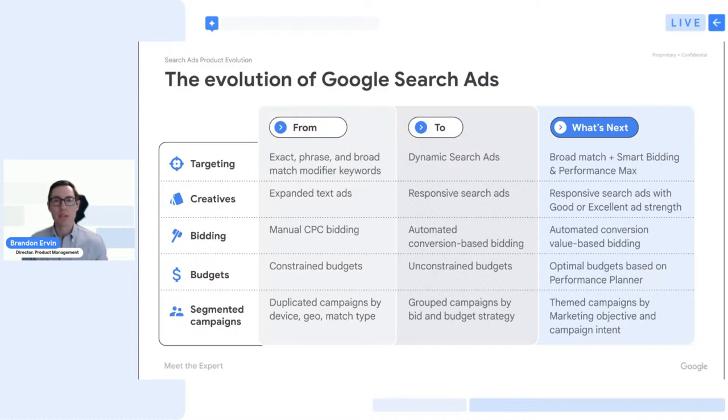That also applies to things like bidding and creative. So making sure you have great high quality assets that are good or excellent ad strength, potentially moving from conversion-based to value-based bidding, if that makes sense to your business, so that you can bid dynamically across the heterogeneous types of searches that you receive. And then in terms of structure, that means things like moving towards potentially bigger, well-themed campaigns that are really centered around the business objective that's important to you.